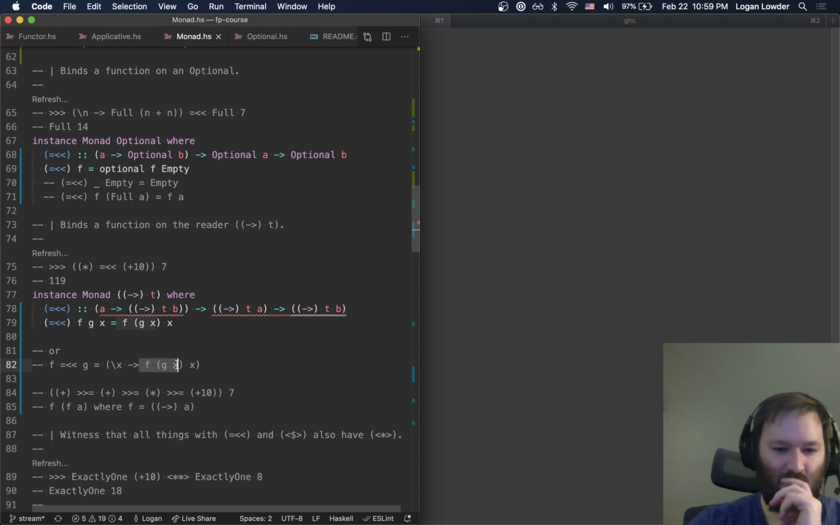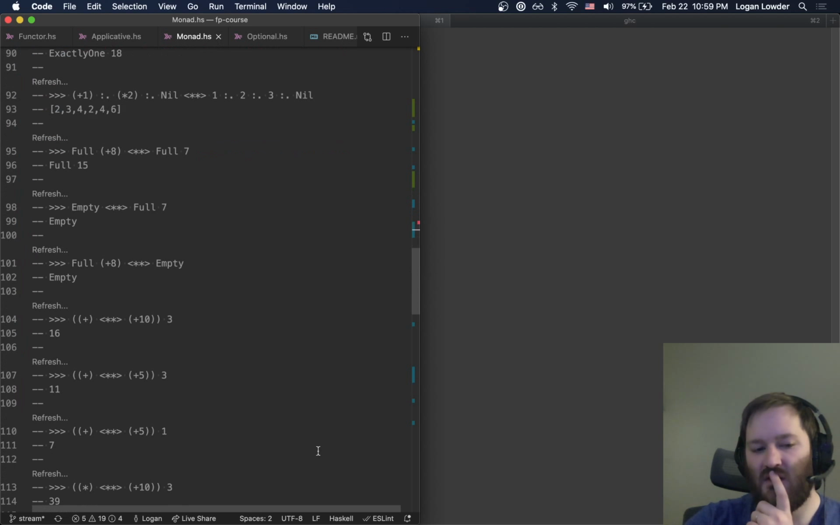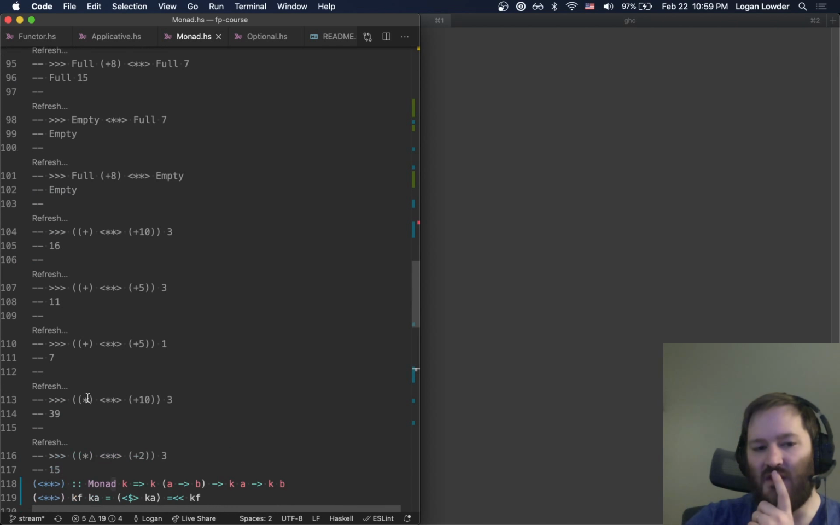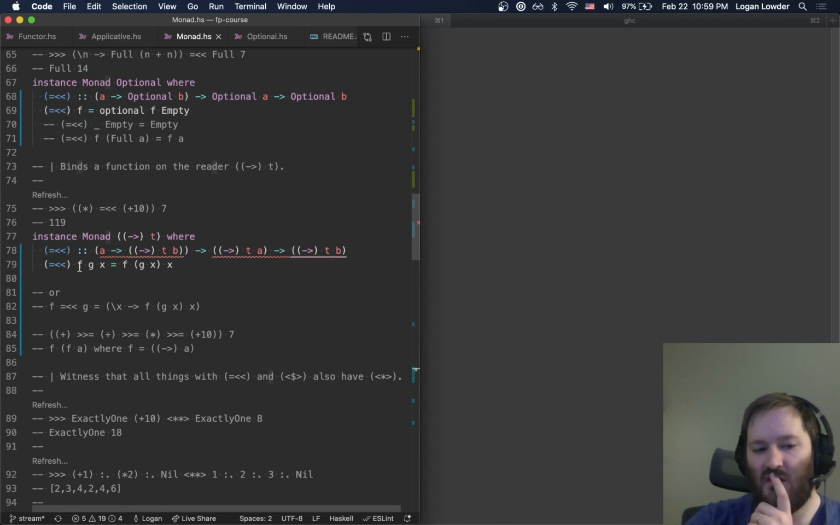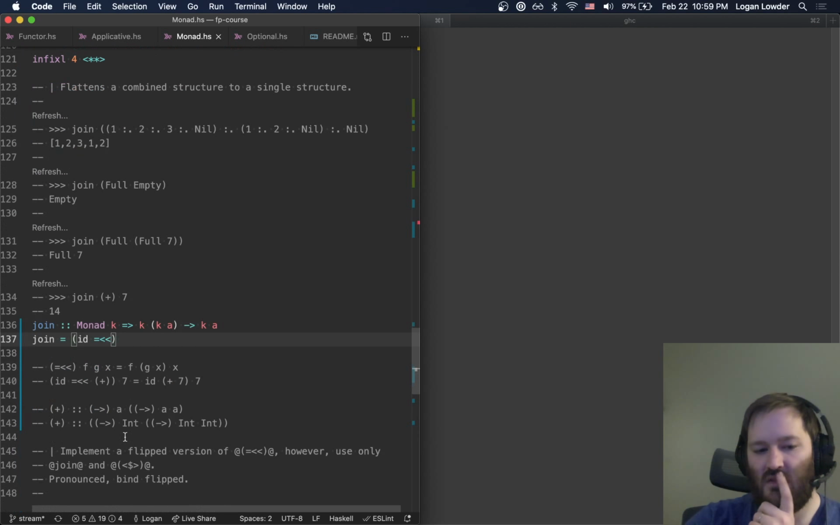Yeah, so it's kind of like, yeah, it's hard to explain. But G is not ID. That would be 7, right? F is ID, I think. Yeah, so then F becomes ID, and then G is plus, and then X is 7. So then